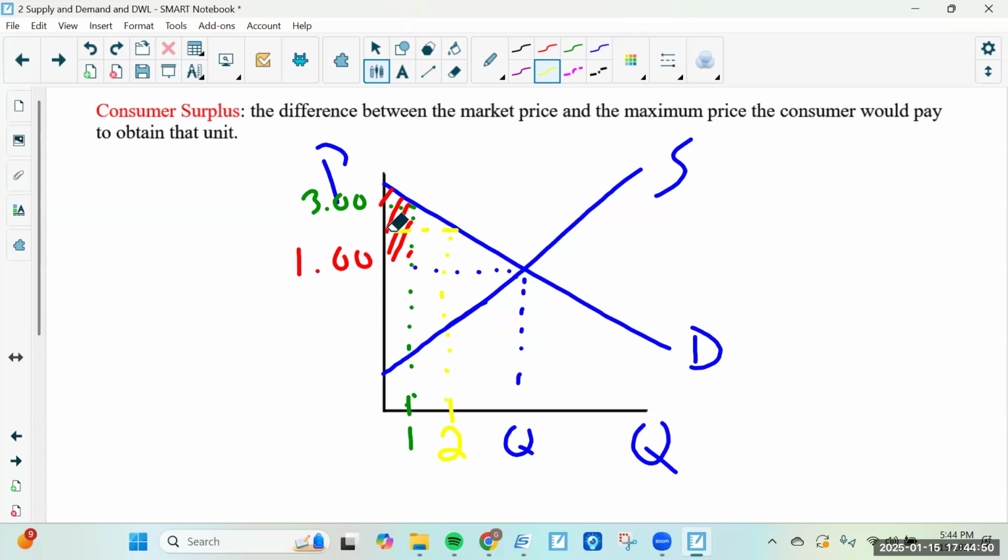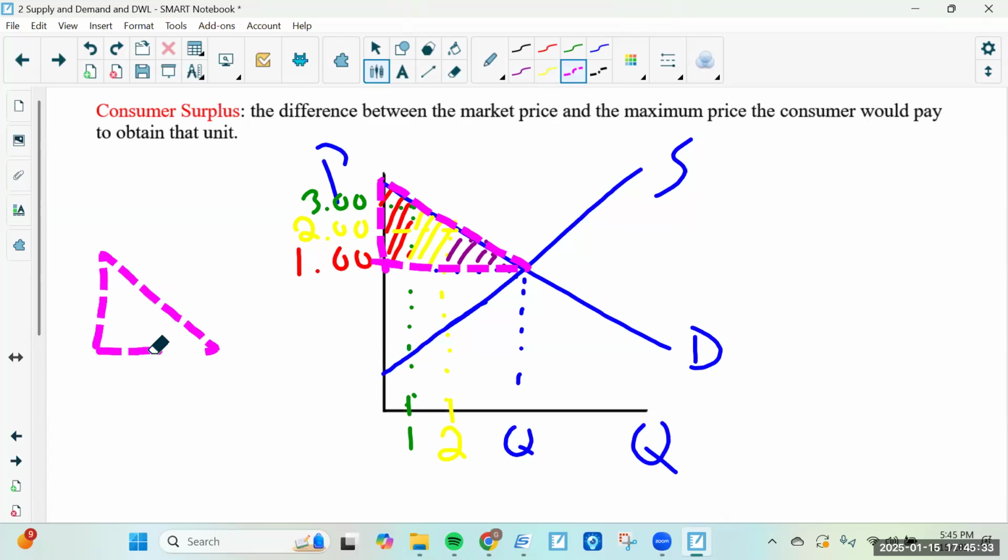How much are they going to charge you? Well, you're willing to pay $2 for it, but they're only going to charge you $1. So the difference between the price that you're willing to pay, the $2, and the price you have to pay, the $1, is the consumer surplus. And we fill in this whole area here. And then finally, when we get to the last one, if I could somehow charge you by the sip, I could charge you for this sip and then this sip and this sip. But we don't. We charge for whole units. This also is part of the consumer surplus. So this whole area right here, everything above the price up to the demand curve, that whole area is called